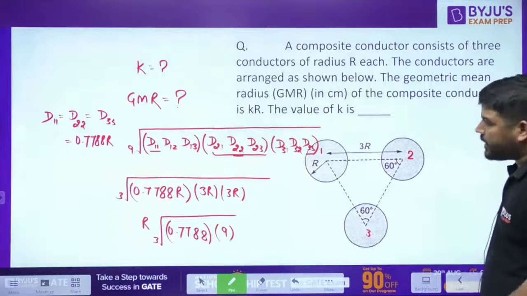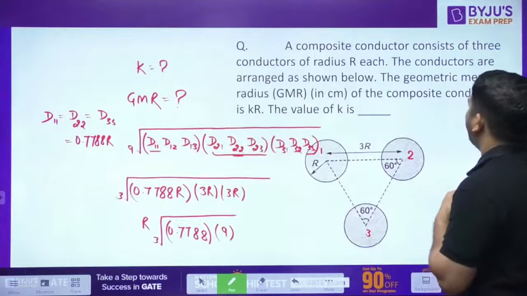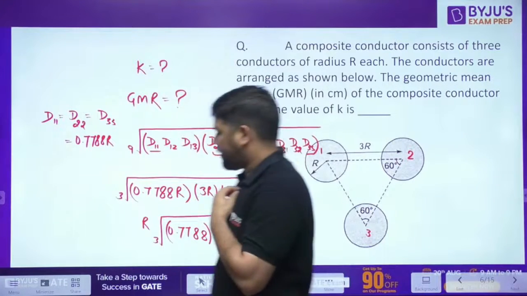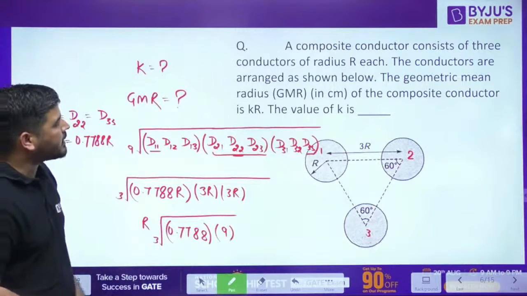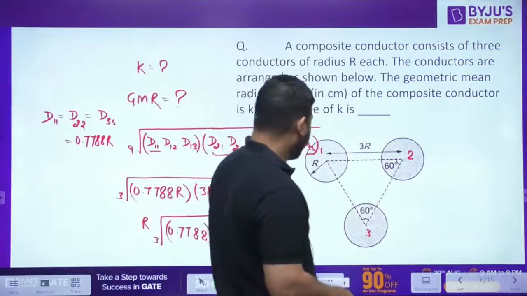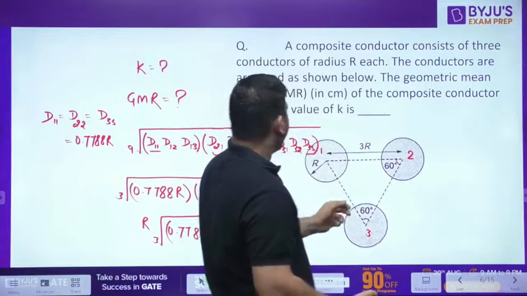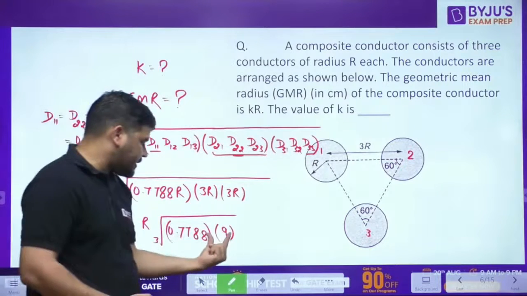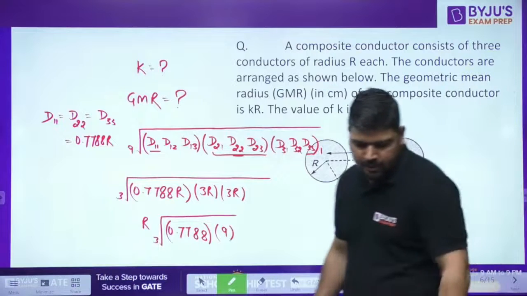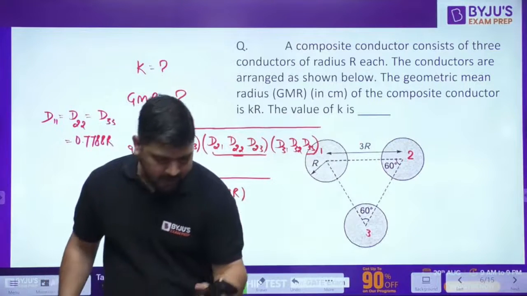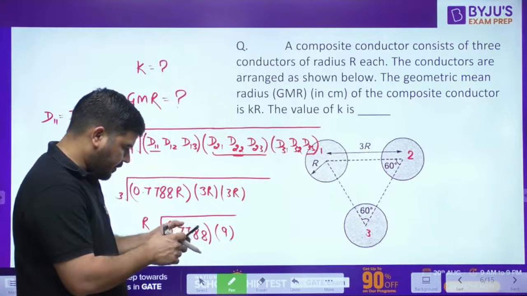So you can calculate the K value, guys. What is the K value? Tell me. I am assuming that this R is given in centimeter, though it's not mentioned. So let's assume that this R is in centimeter. You can calculate this K value, guys, and you will get the answer. I hope it is clear. This question was very simple. Let me even get the value also, if you want it.